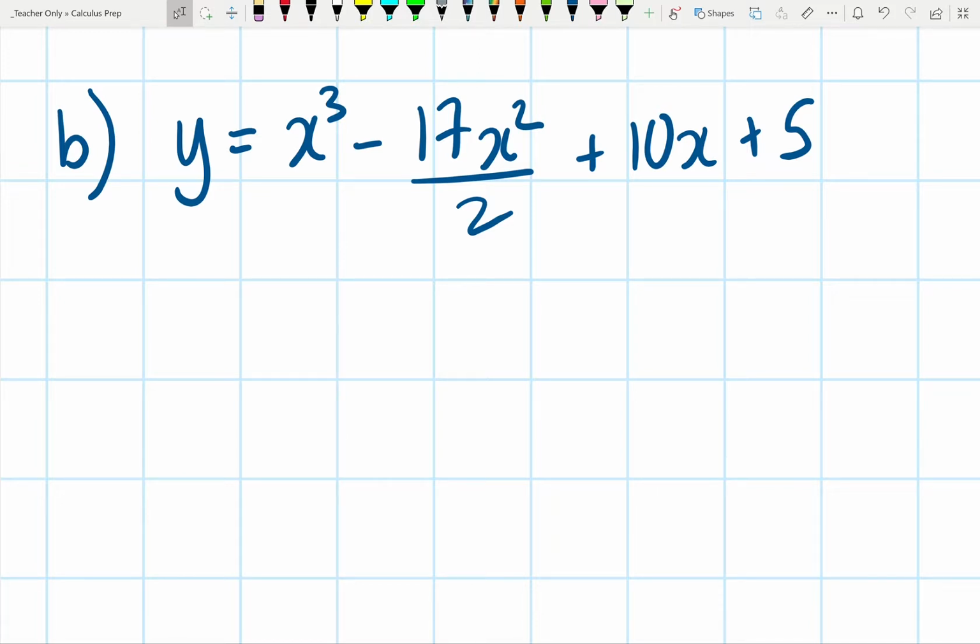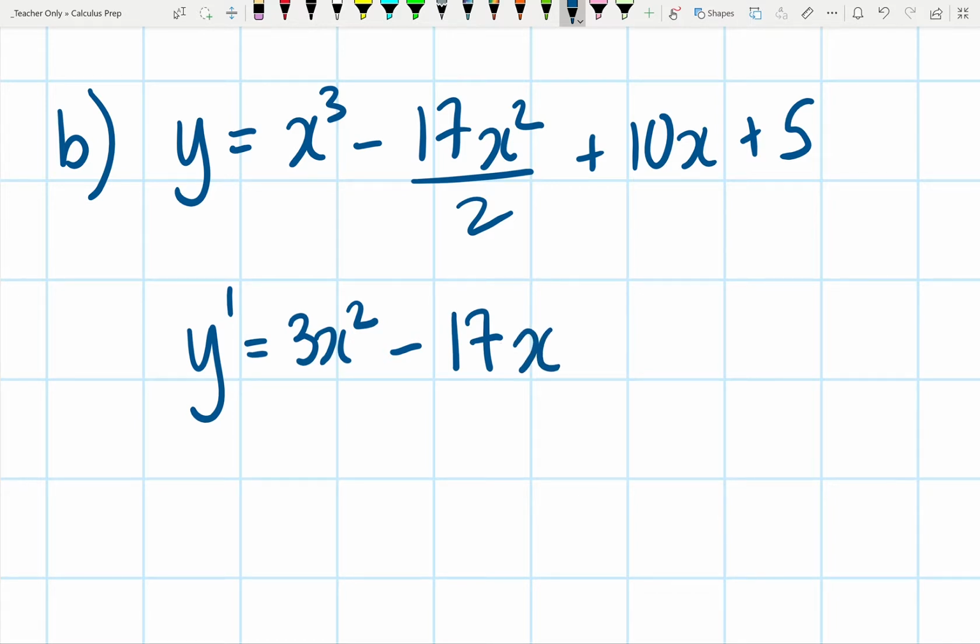Okay, this next function is a cubic. It's a little bit more involved than the previous one, but the concepts are exactly the same. The first thing we're looking for is the x-coordinate of the stationary point, so we find the derivative and set it equal to 0. So the derivative is going to be 3x squared minus 2 times 17 on 2 is 17, and the 2 decreases to 1, so minus 17x